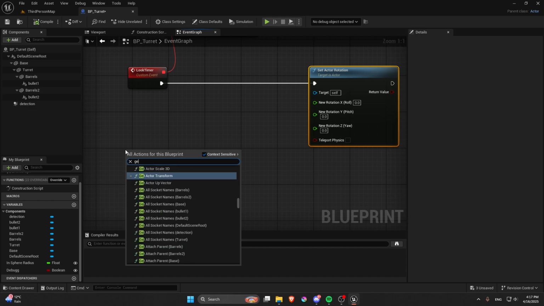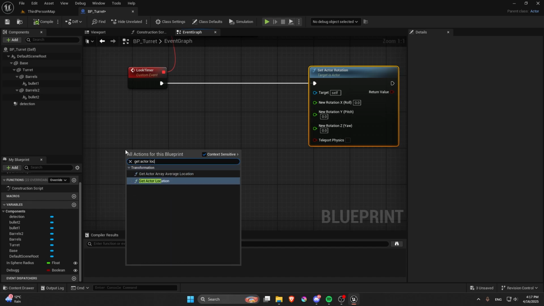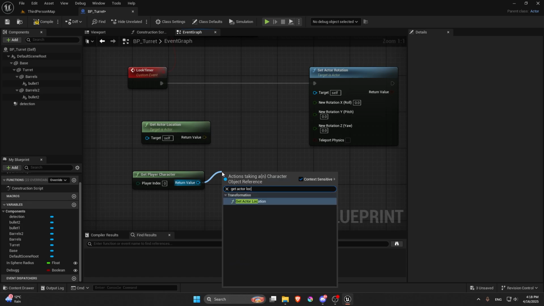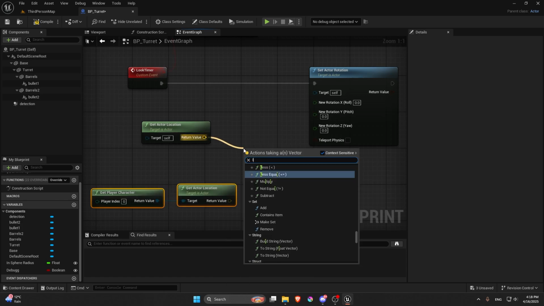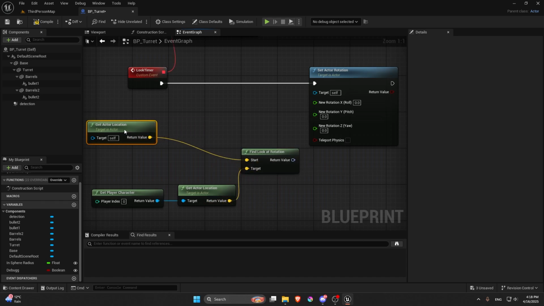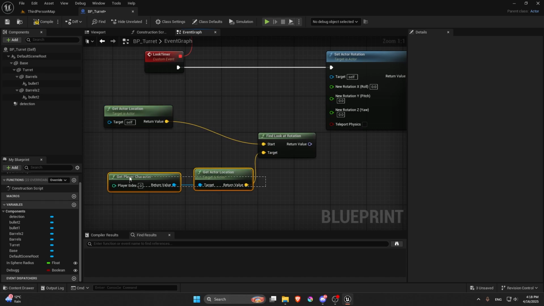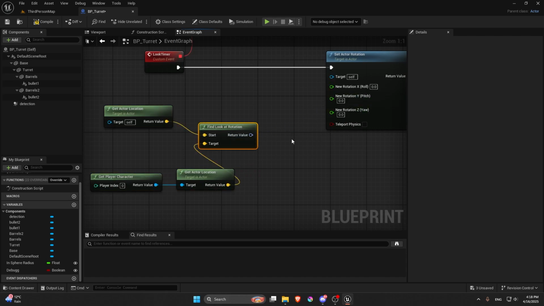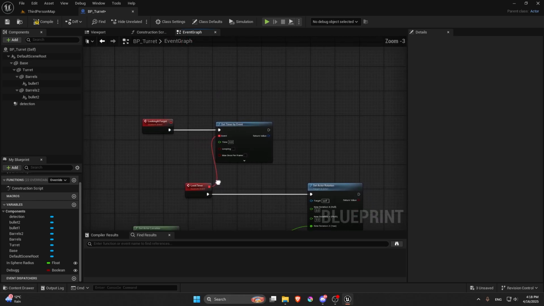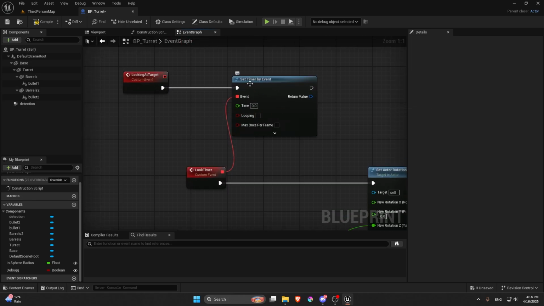So we're gonna get actor location, gonna get character, and get actor's location. So now we just need, there's a node called look at rotation, find look at rotation, so that's kind of cool. So the start will be the actor's location, and the target will be the player's location. And actually you could just drag it in. Yeah, we're just gonna do that. So drag that Z value in. And if we test it out, first we need set timer by event, the timer to be